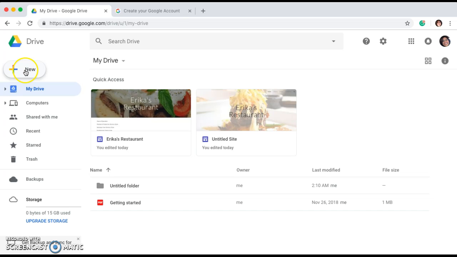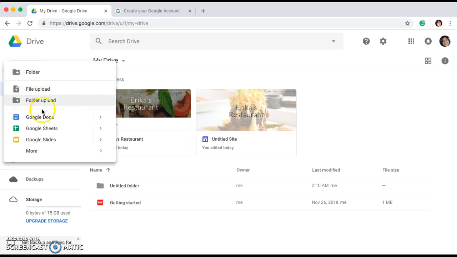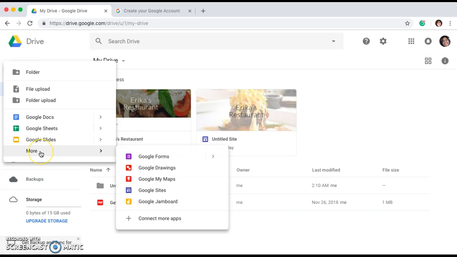You are going to hit New and you will see different files, and we're going to More, Google Forms, Google Drawings, Google My Maps, Google Sites. Bingo! This is the place that we're hitting, that we need to open our Google Sites. You click there